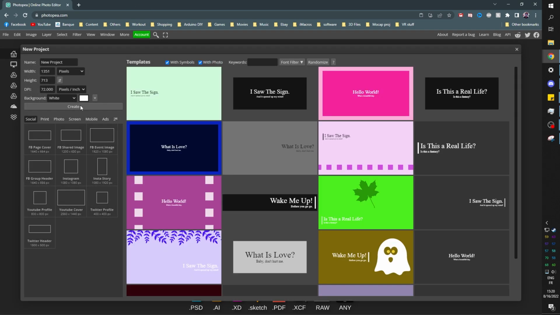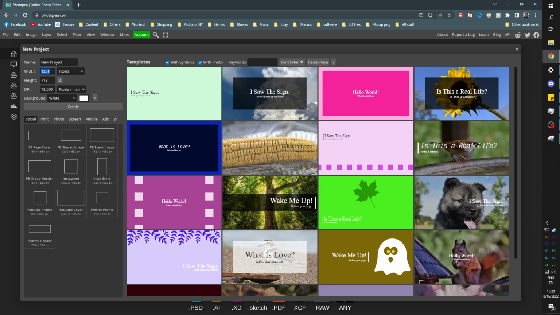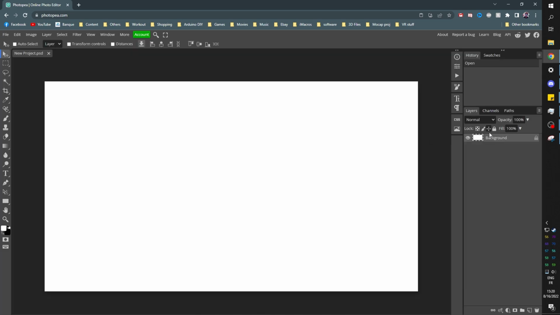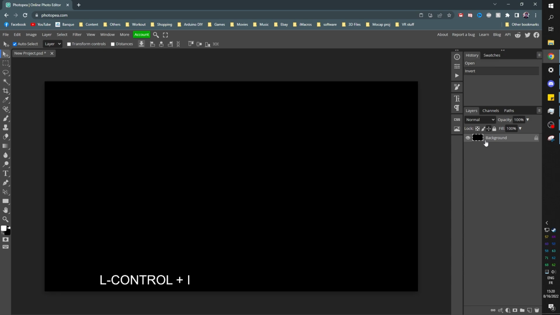So click new project, and I'm gonna change the size to 1080p. Gonna click create, and from there, I'm gonna Control I on the background, just to make it black. I like starting with a kind of black background. And if you already have your full branding or even a piece of your branding, you should know exactly which colors you're gonna use. I'm gonna improvise.